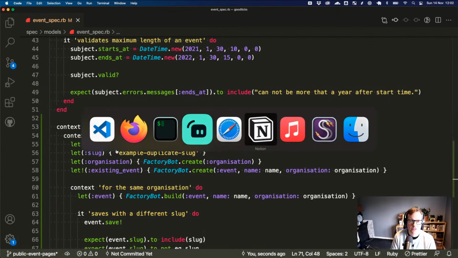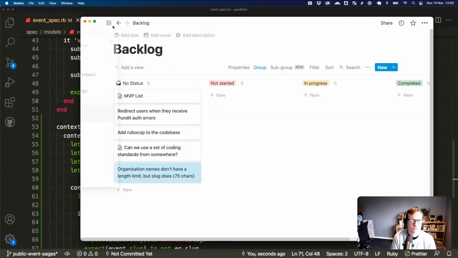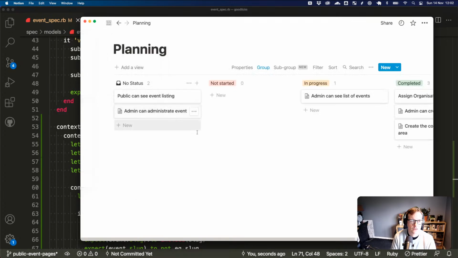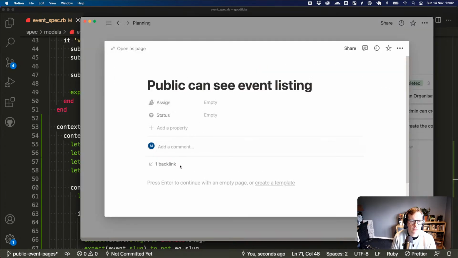So what do we want to do next stream? Let's jump in. Public, the event list. So we want to say feature test for public listing. We want to add, or finish, model test for scoped slugs.